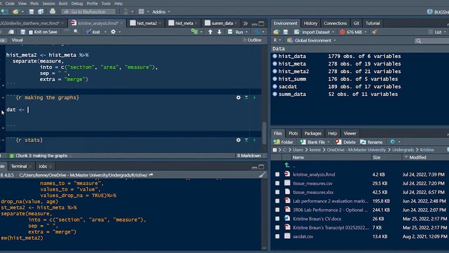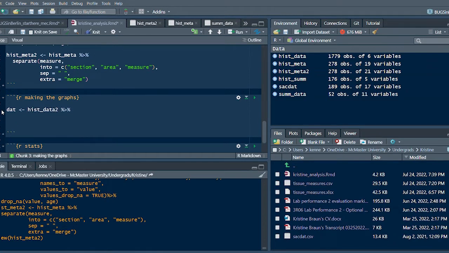So I'm going to make a new data frame called dat and take this data frame we just made, histmeta2, and say filter. So this is going to filter for the rows where section is equal to ileum, just as a first off, and area is equal to villus,